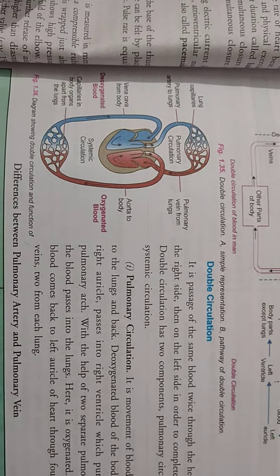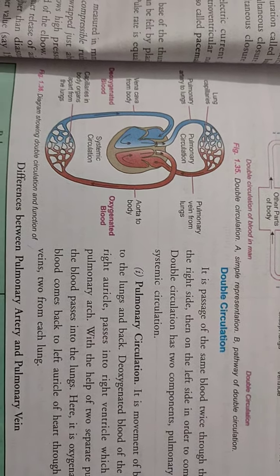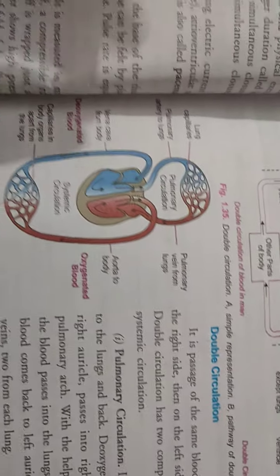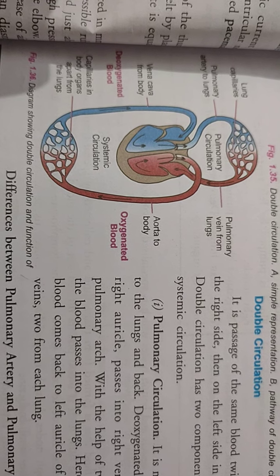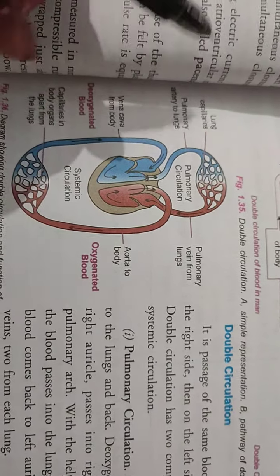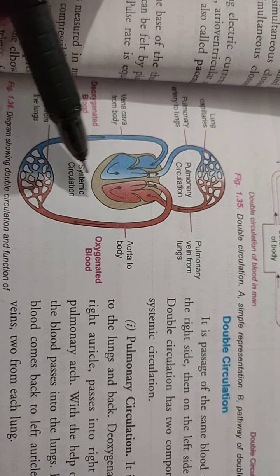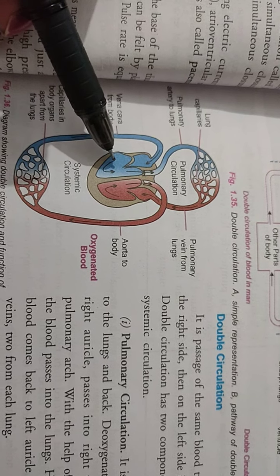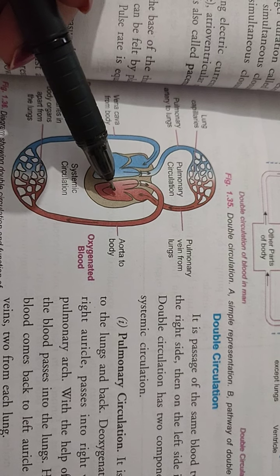Hello student, in this video I am going to tell you about the double circulation, or simply circulation, in case of humans. This diagram has been given in your NCERT book, showing double circulation. You can see here there are two terms written, pulmonary circulation and systemic circulation. This is a diagram of the heart, and this is RA, RV, that is right atrium, right ventricle, left atrium, left ventricle,